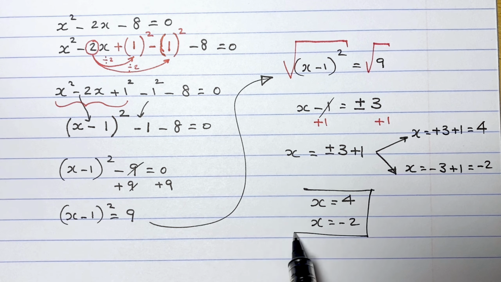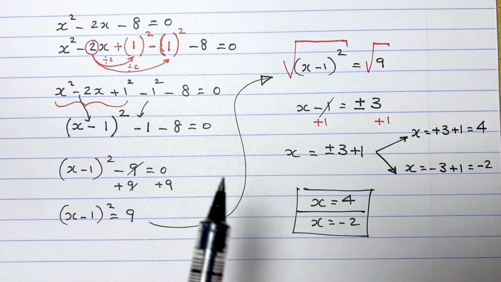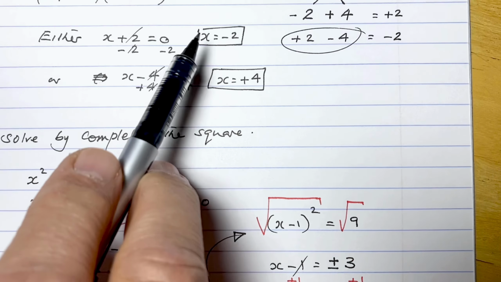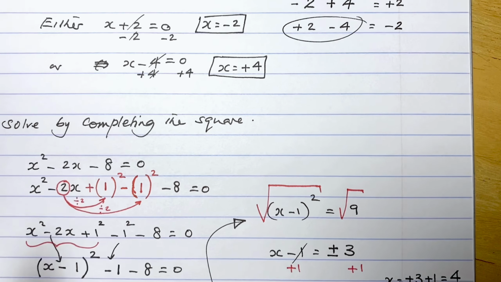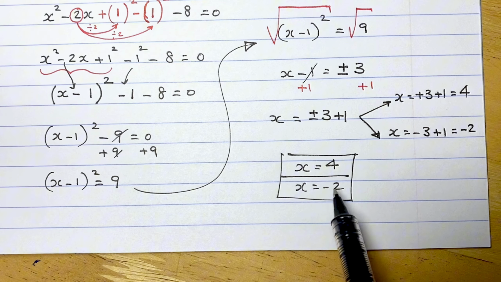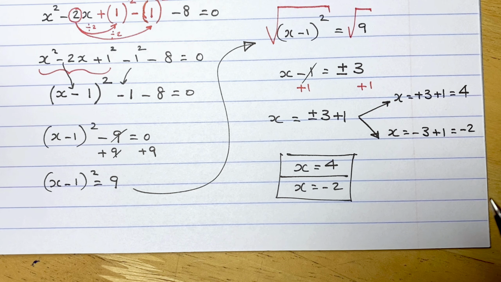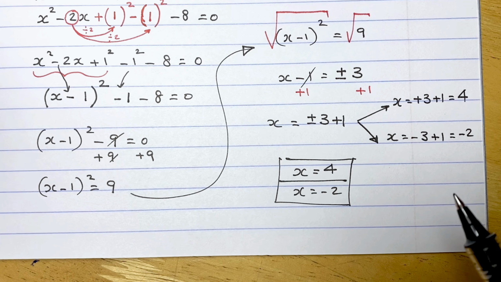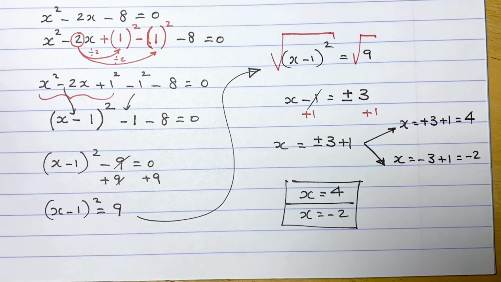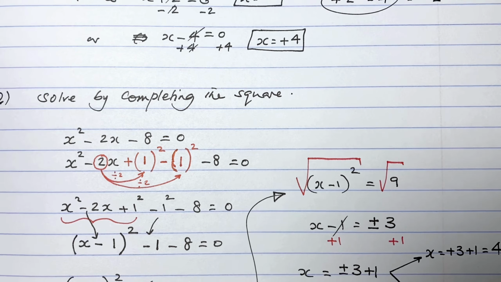You can see the same two answers which I got previously. We got x equals minus 2 and x equals plus 4. This is the method of completing the square, and it works on all quadratic equations. Next, I want to solve by